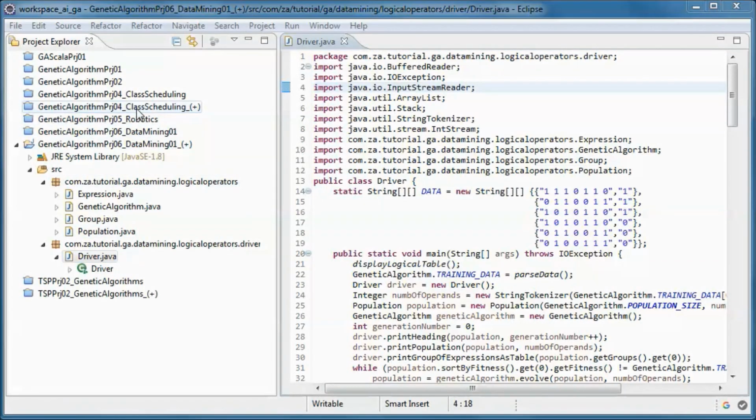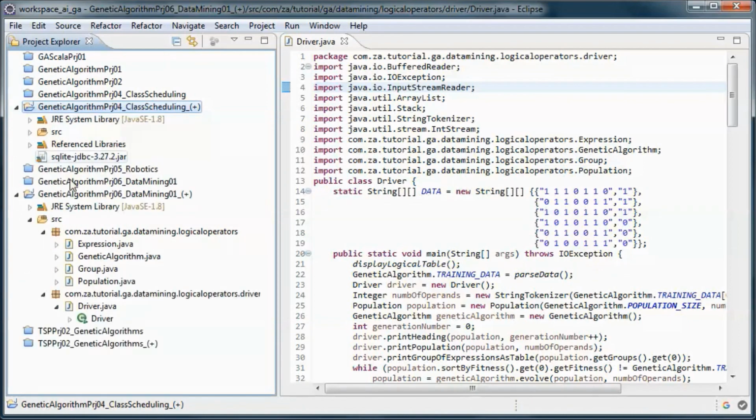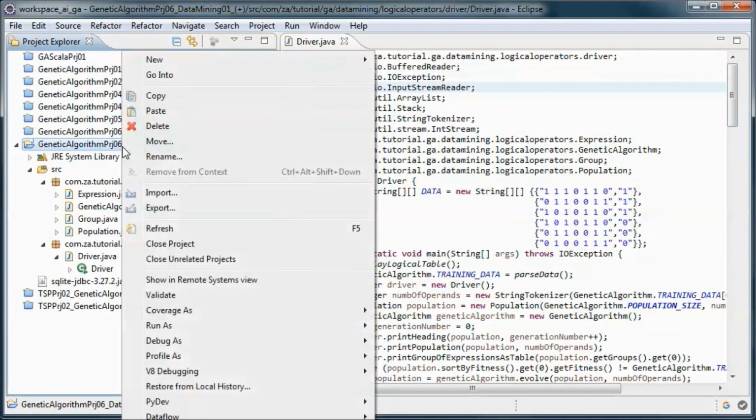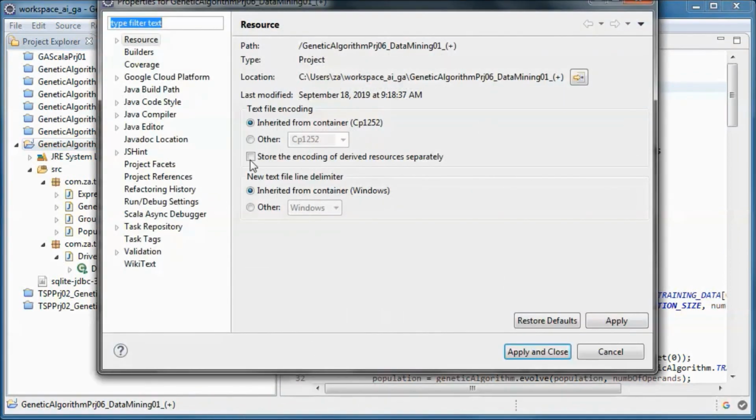And next, let's go here and pick up this SQLite driver. And we go to properties.